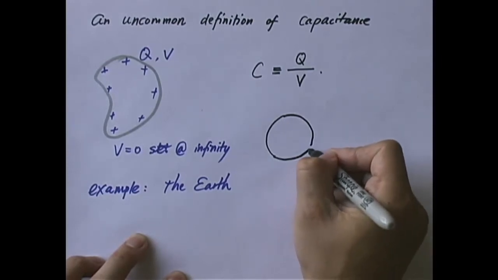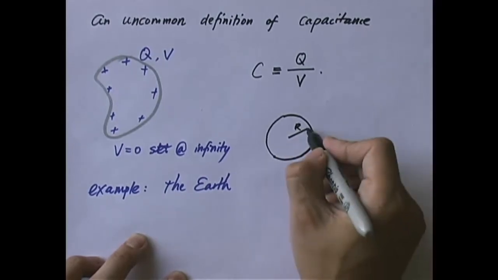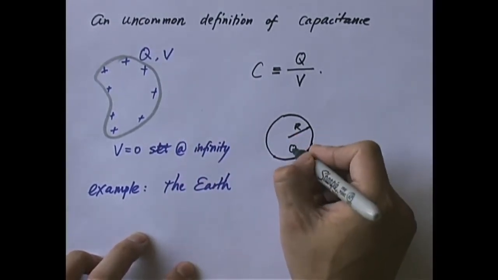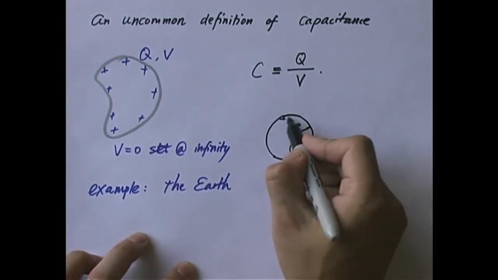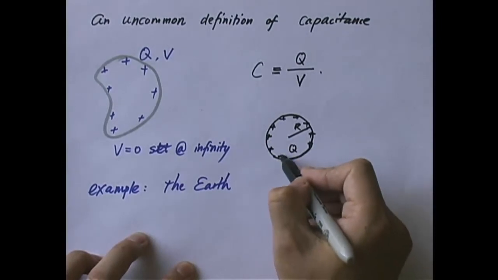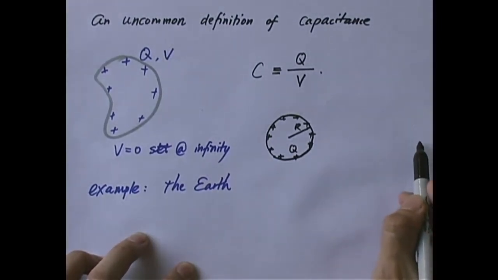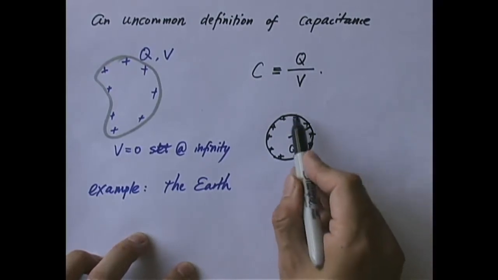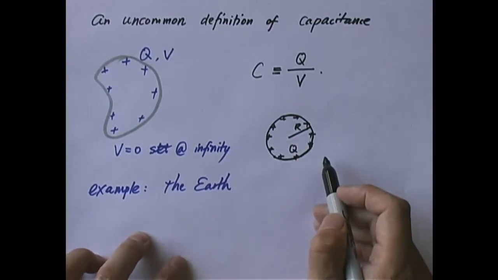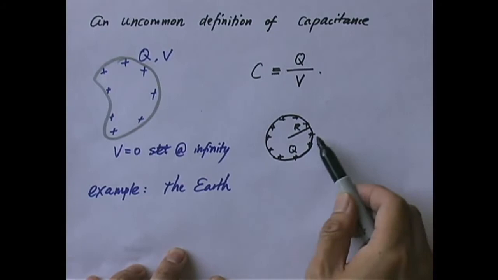And it's a radially symmetrical electric field, so that it is quite simple to calculate V. Suppose I put some charge Q on it, right? Put charge Q on it, and you will have a spherically symmetrical electric field. So if V is 0 at infinity, what is the value of V on this capacitor, or on this metallic sphere? Well, we know how to calculate that, because all the way from infinity to the surface,